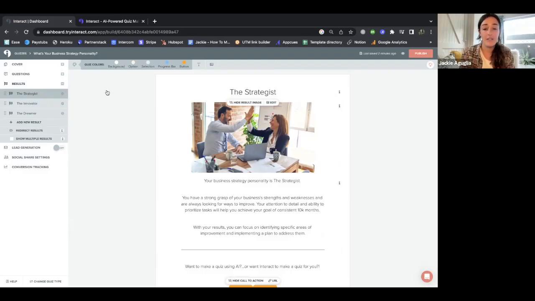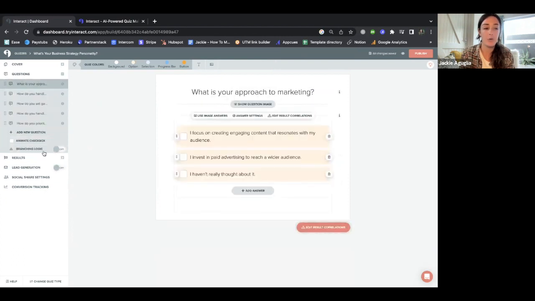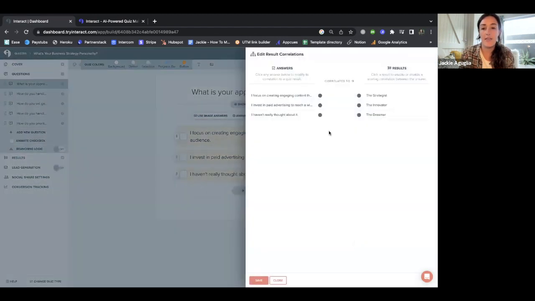Now that all our results are in place, we're going to go ahead and set up the logic. So we're going to go back to the questions. We're going to click on Edit Result Correlations, and this is going to correlate a specific answer to the result that it relates to. This will allow the system to give your quiz taker the right result when they finish